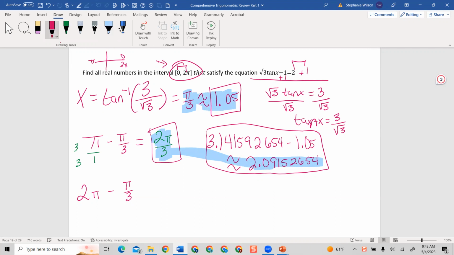All right, now let's do the same here. I would say, oh, I need to have a common denominator, which is 3. So now I have 6 pi minus pi, which is 5 pi thirds. And if I wanted to put it in approximation, that would give me approximately